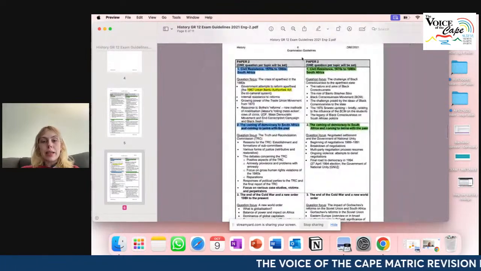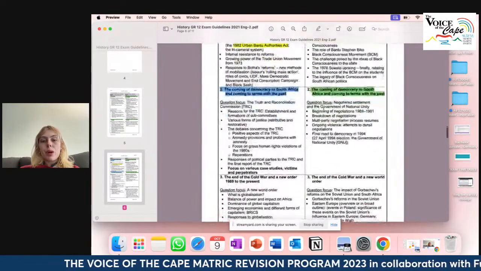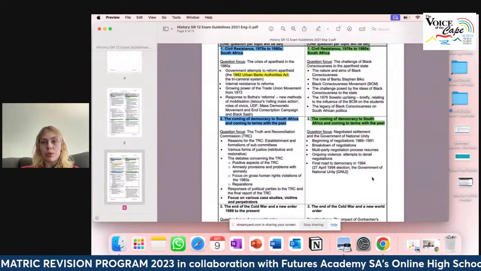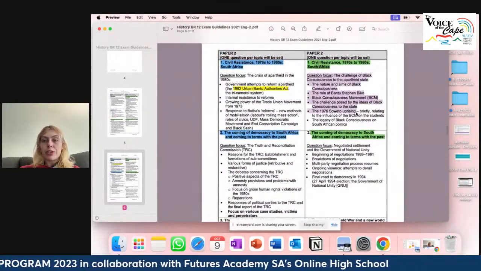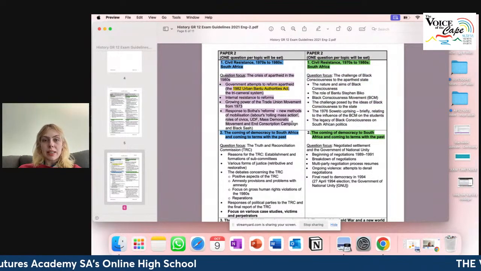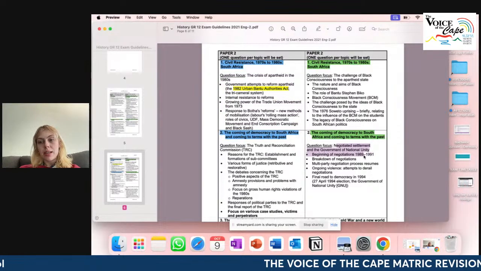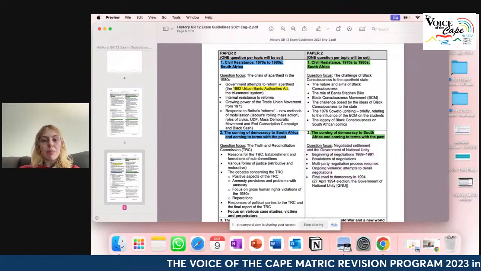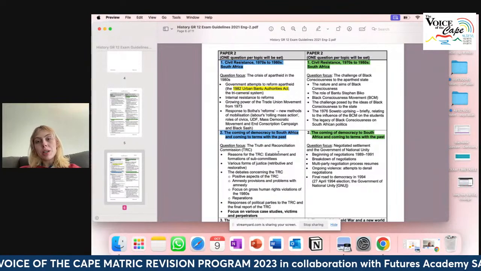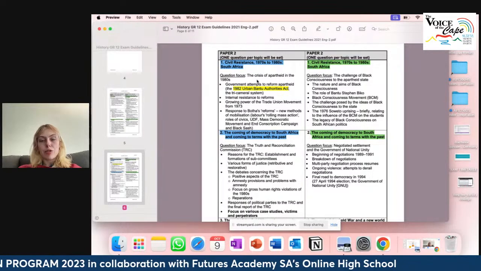So with selecting your questions here, what I think is most convenient probably is to go on these as they are in chronological order. So you have the challenge of Black consciousness to the apartheid state, then you have the crisis of apartheid in the 1980s, then you have the negotiated settlement and the government of national unity, 1989 to 1994, and then post 1994 you have the TRC. So these go in chronological order, which kind of makes them easier to synthesize and string along and